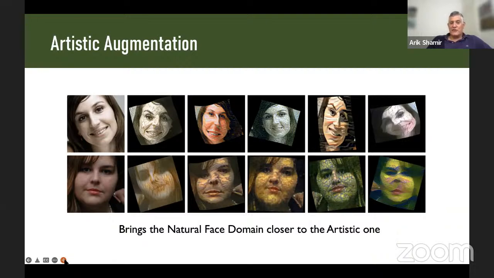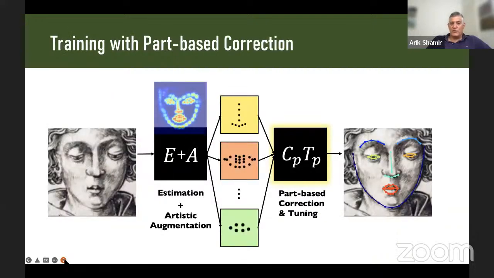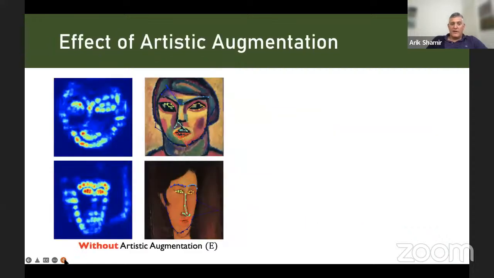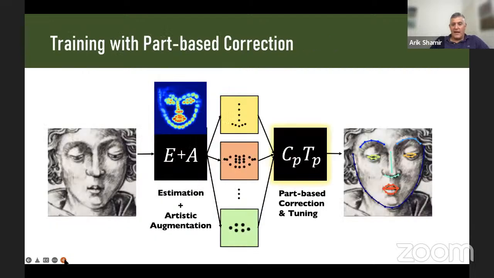So the idea is to use this augmented data set and train a facial landmark neural network that, first of all, estimates the position of each of the different landmarks, and then refines these positions to find the actual landmarks on artistic images. Here you can see an example before we were training and refining the network for artistic images, and after.